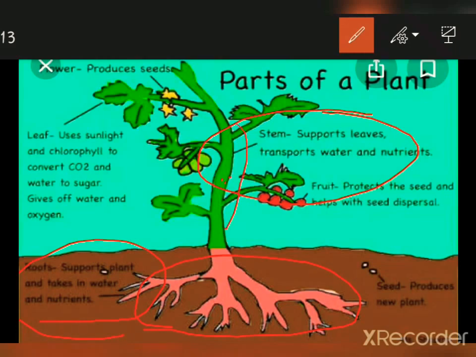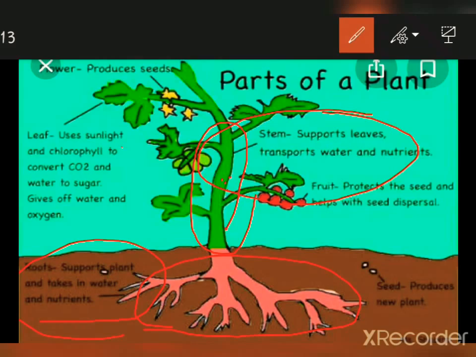This is the stem. In some plants it is green and in some plants it is hard and woody, and all the branches are there. सारी branches stem से निकलती हैं और उन्हीं branches पे fruits and flowers you can see. It acts as a pillar. मतलब पूरे plant part को जो सीधा खड़ा रखना है और जो support provide करनी है, वो function किसका है? stem का.